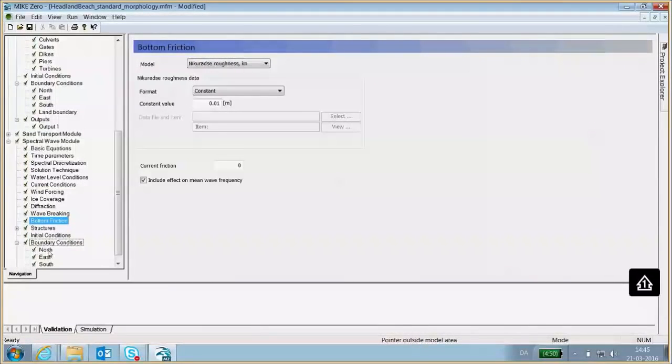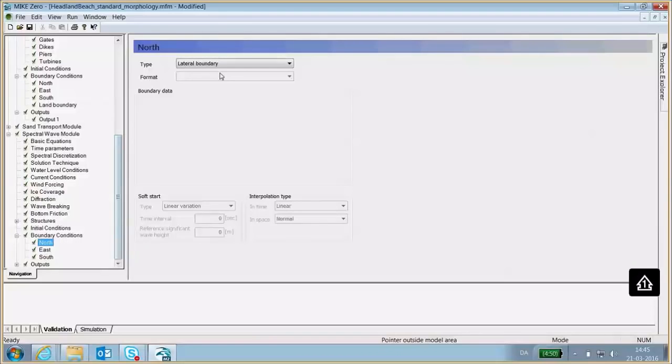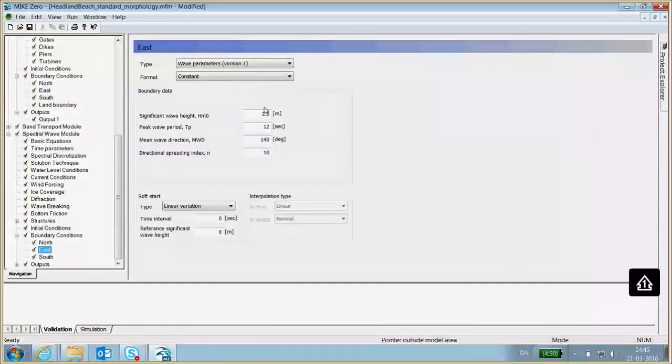Now for the boundary conditions, that should not be a closed boundary, that should actually be a lateral boundary. So we just change it to that: lateral boundary on the north and also lateral boundary on the south. And then on the east boundary, we will supply these wave conditions that you see here. So this is just constant wave conditions,